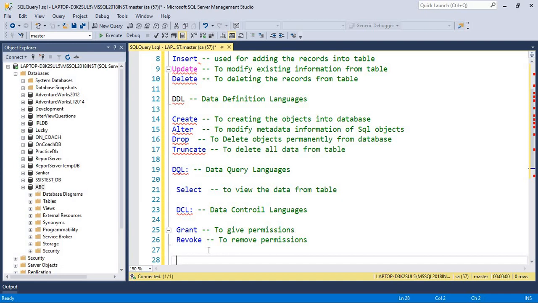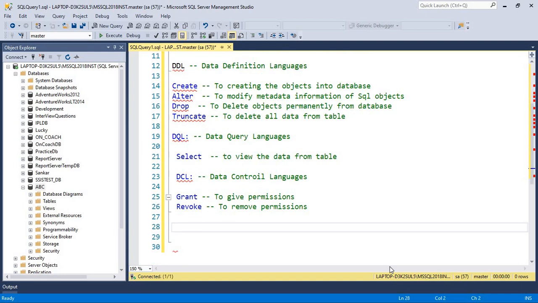Let's go through TCL, transaction control language. Let me put the same format.